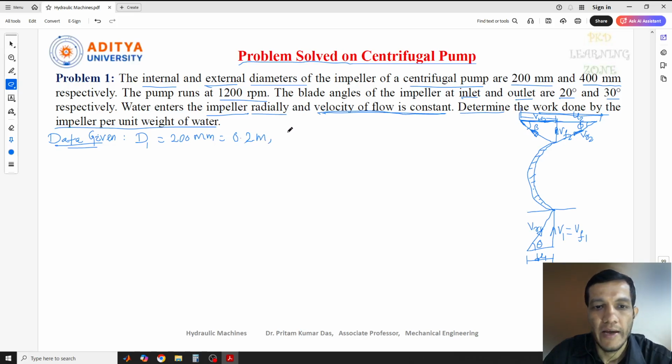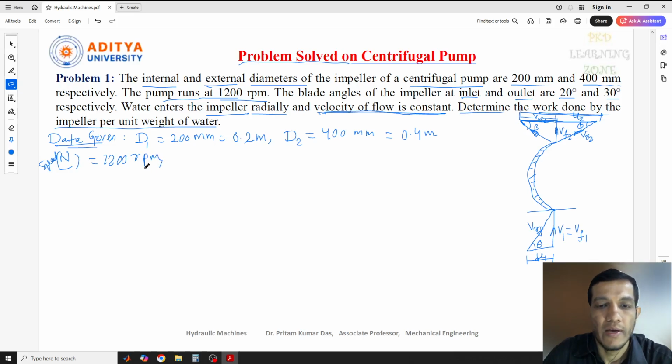Similarly, outer diameter is given. That one we can write d2. So d2 equal to 400 millimeter, and this one we can write as 0.4 meter. Similarly, the speed of the pump runs at 1200 rpm, in the sense that is speed. So that is nothing but N. We can write N, or we can write this is speed in bracket N, and how much is there? This is 1200